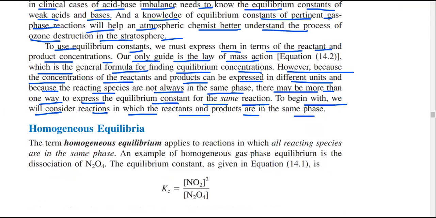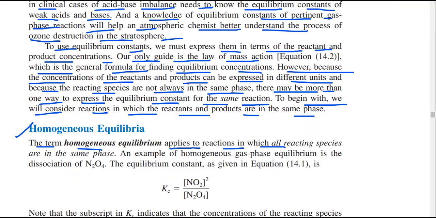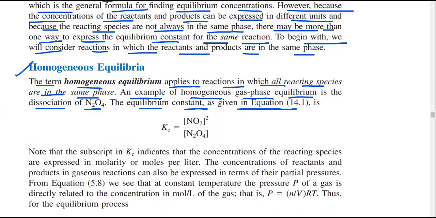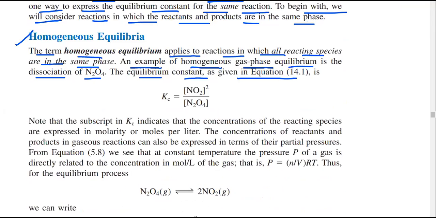The first thing is homogeneous equilibrium. The term homogeneous equilibrium applies to reactions in which all reacting species are in the same phase. An example of homogeneous gas phase equilibrium is the dissociation of N2O4, and the equilibrium constant is given by the equilibrium equation: Kc is equal to the NO2 concentration to the power 2 divided by the N2O4 concentration. Note that the subscript in Kc indicates that the concentrations of reacting species are expressed in molarity or moles per